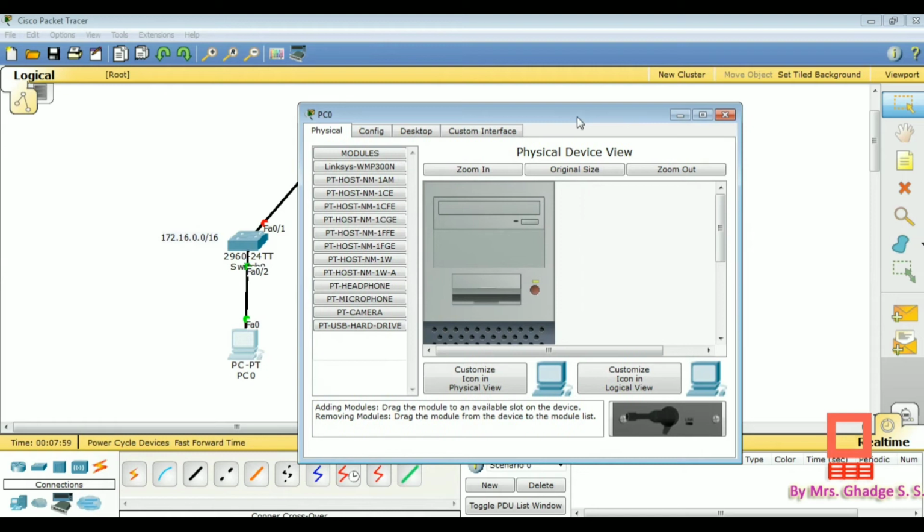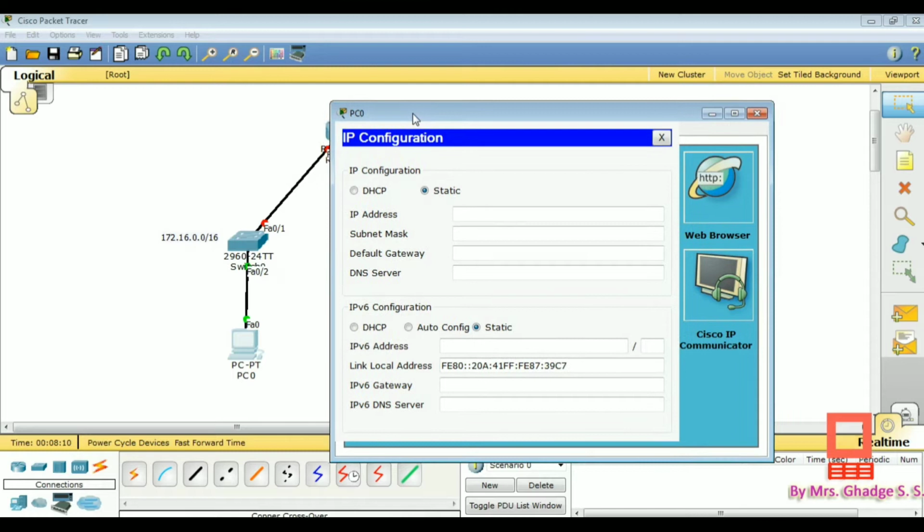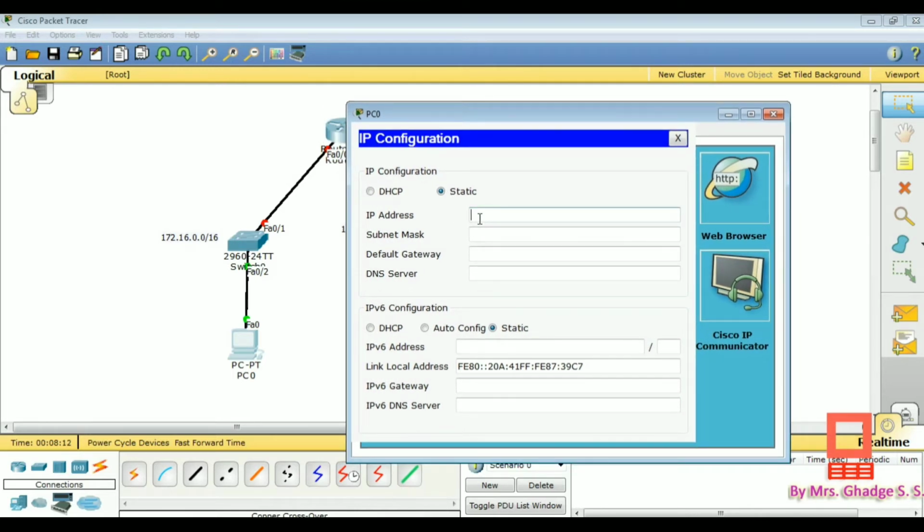for each PC. First, for PC 0, that is PC 1, just click on the desktop option, and here is the IP configuration option. The IP address that we are going to assign to the first PC is 172.16.0.2, and the subnet mask is automatically calculated here.